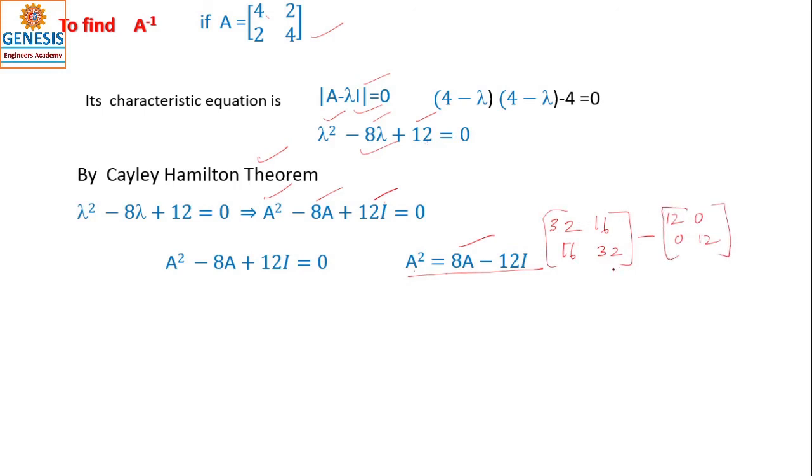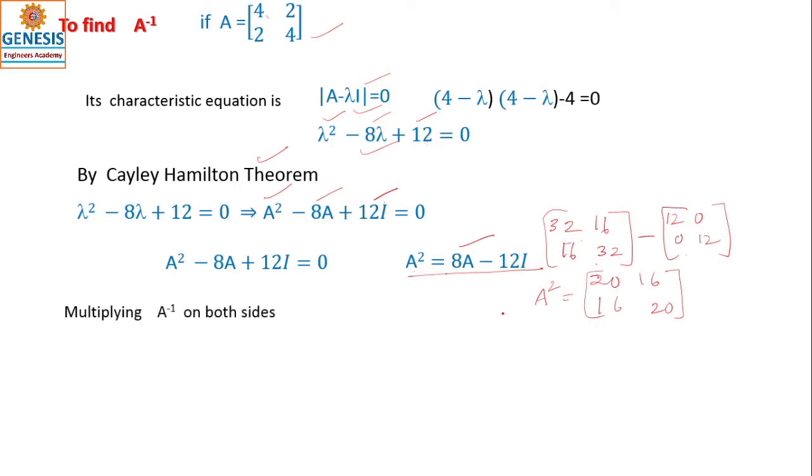You have to subtract this from this. 32 minus 12, that is 20. 16 minus 0, 16. So this is again 16 and this is again 20. So this is A square. See how simple it is. So try to learn this also. There is no restriction, but particularly in competitive examinations like SSC or ESET, KET, all these things, this is going to be very useful.